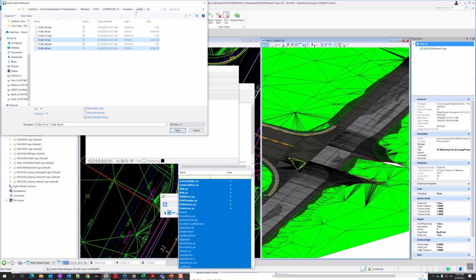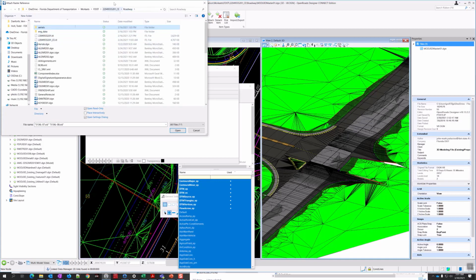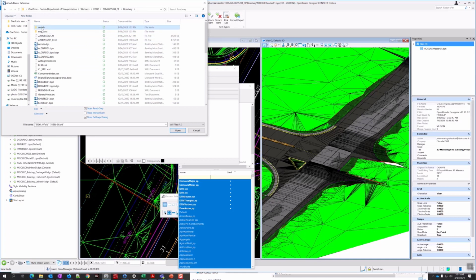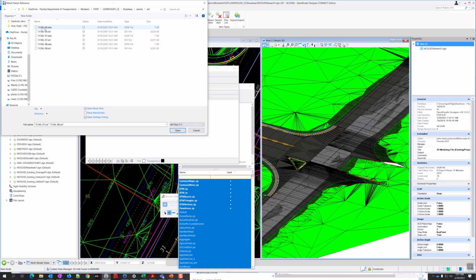This should be, if you go into your roadway folder, maybe in your project folder, go down to roadway and look for aerials and then SID. Click on the first one and control click the next two files ending with .sid. Sort them by type if that's easier. Then you can hold down shift and select them because they're all in order.